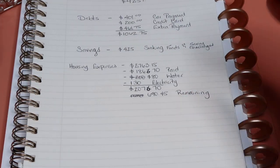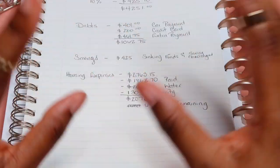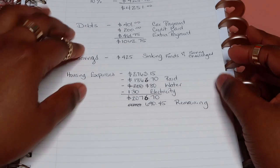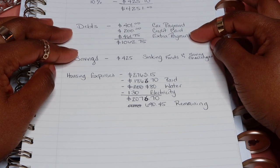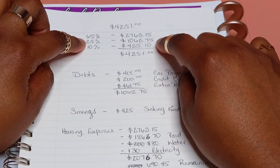Then I had to figure out, girl, what is your debt, what is your savings, and what is your housing expenses? And so that child was a whole shenanigans. And so I found out what those were. Those were my car payments and my credit card, and then whatever extra payment I was supposed to make from that 10%. Again, as you guys can see, 25% up here is